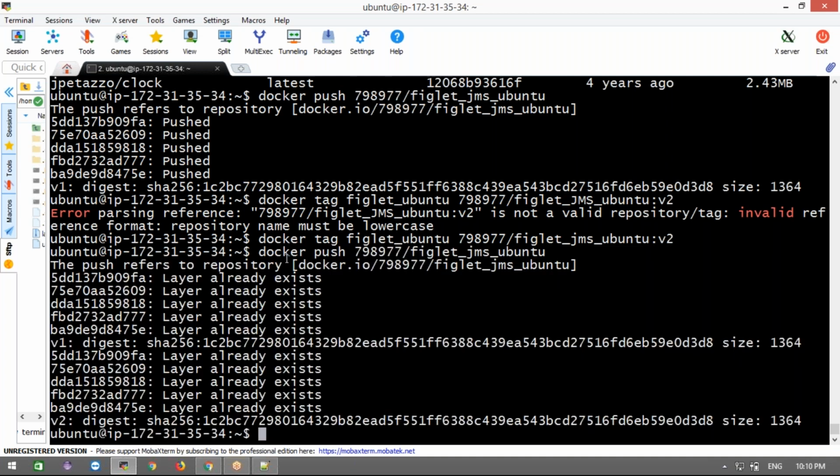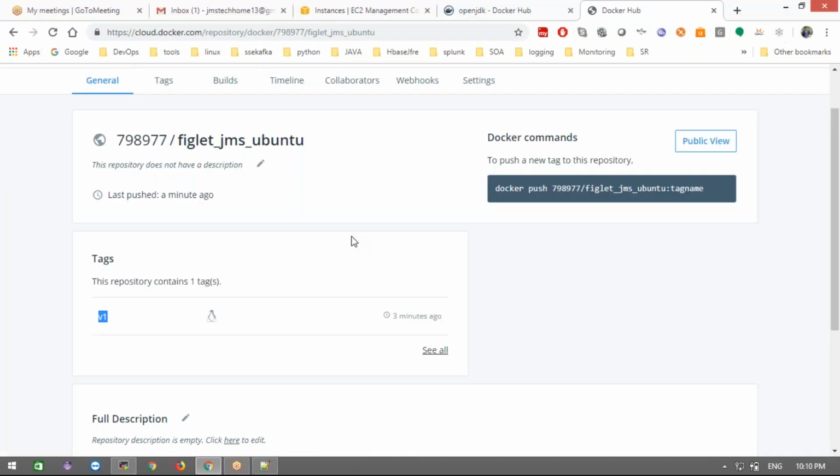Got it? Now what will happen if you don't specify any version here? It will search for the images we have on the local machine. All images are being pushed. Now search here, it should show v1 and v2. Just refresh the page. It should show v2 also.